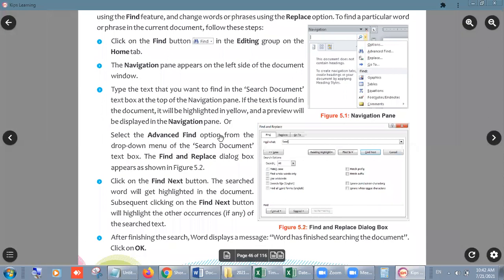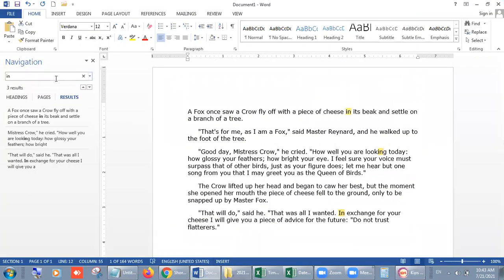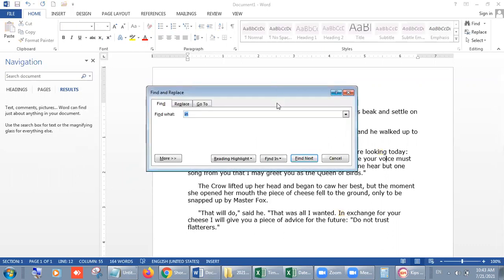Here we have to click the Advanced Find option from the drop down menu of Search Document, and after that Find and Replace. Let's move on. From there, this is our Search Document area. Click on the drop down menu and go to Advanced Find. Now you can see we have the Find and Replace dialog box. From there also you can do this.